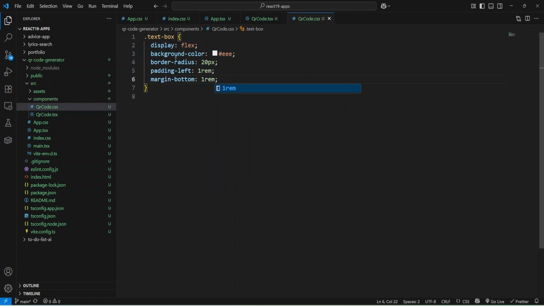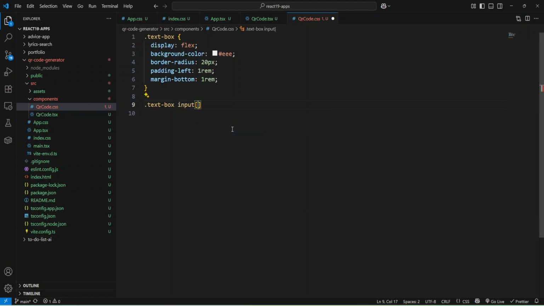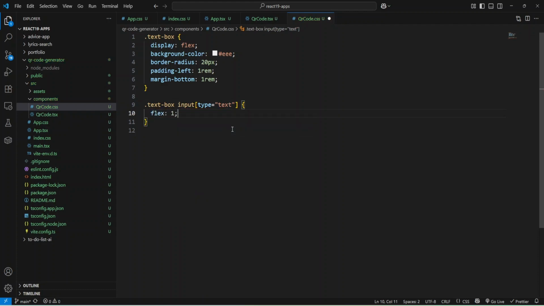Okay, and now we can add styles to our input inside our text box, and we have input with type text. Okay, and now let's make flex 1, and our input will take all available space, and remove border.